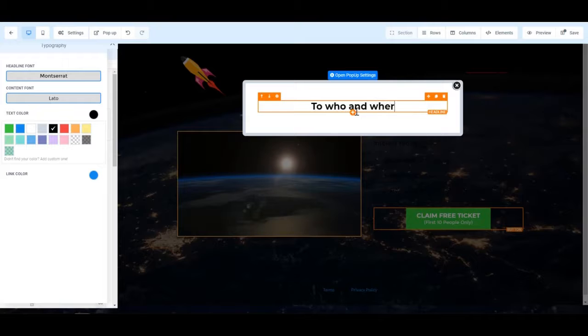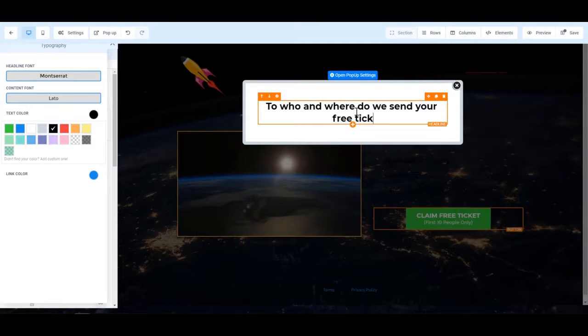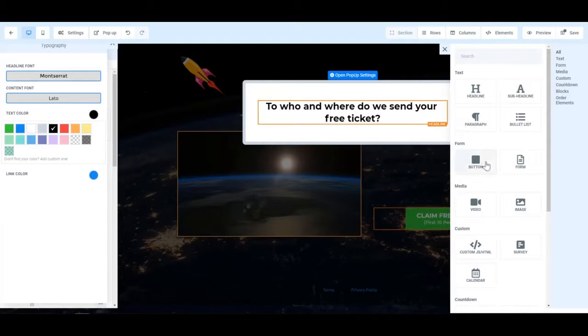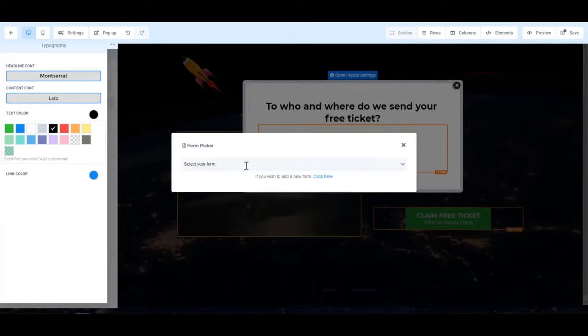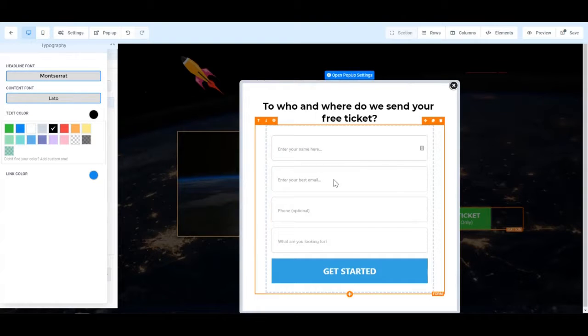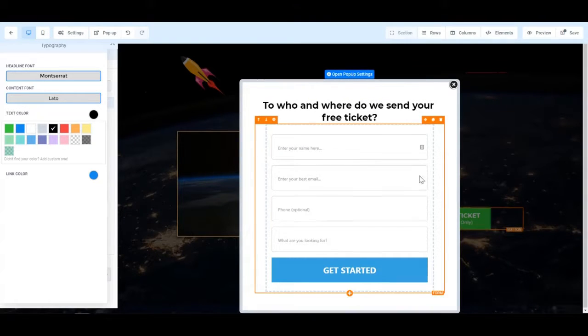To who and where do we send your free ticket? And I'm going to add a form, and what you can add in here is a default form from your account. So you simply hit add form. The drop down, I'm going to use this Plateau Facebook ad in this case, and it just drops my form right in here. I'm going to save this. Now if we preview our page again,